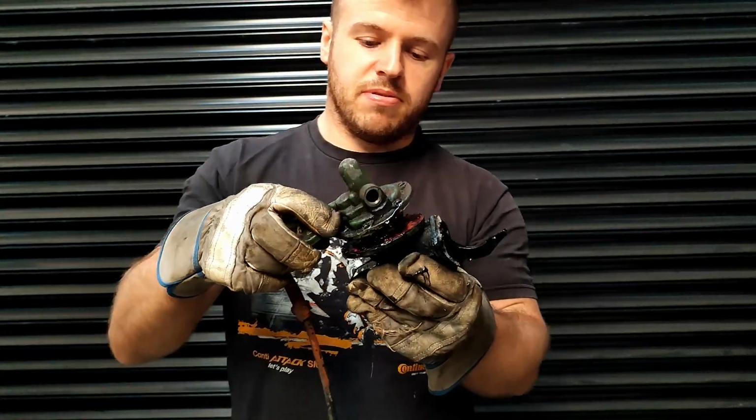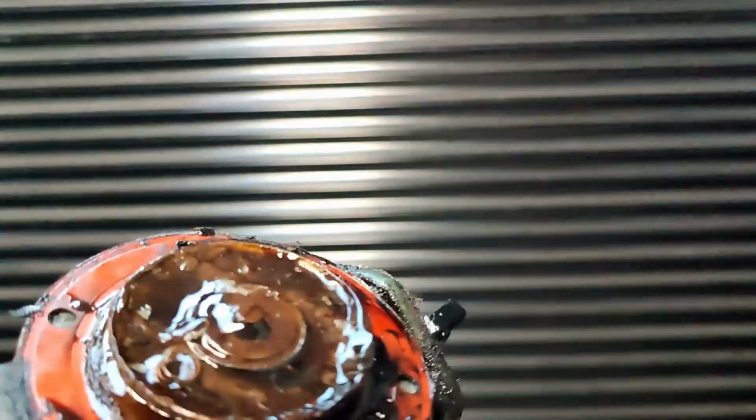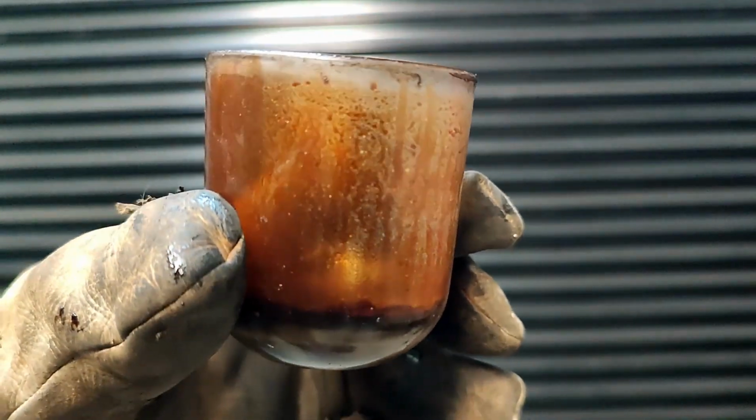So I've got here the lift pump. I can pull that apart and you can see inside it's like a treacle. You see that? And this lift pump had a glass bowl filter on it as well. I don't know if you can see inside of there, but that's like a thick treacle at the bottom. And basically all inside the pipes, this is going to be choked up, stopping the engine from getting diesel, hence why it's not running. So the main cause of bacterial infection in diesel is water in the fuel,